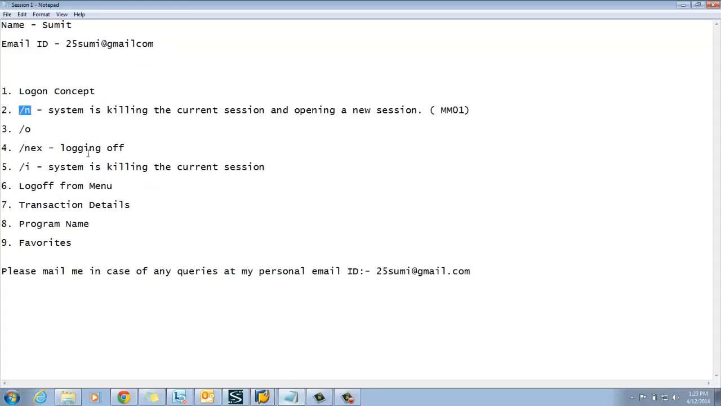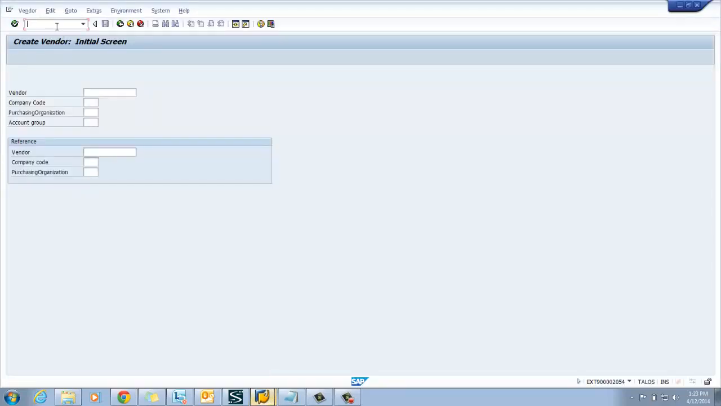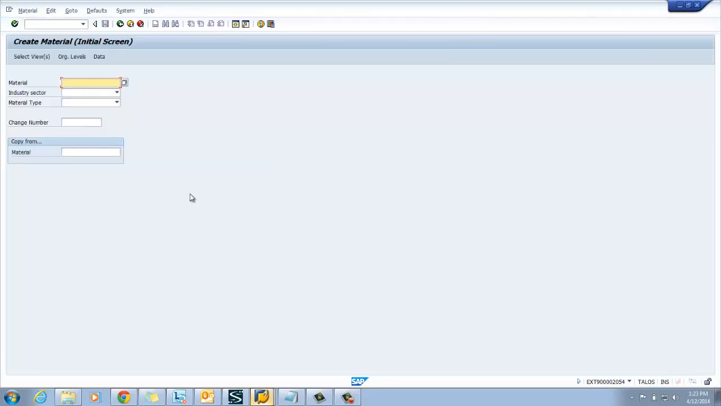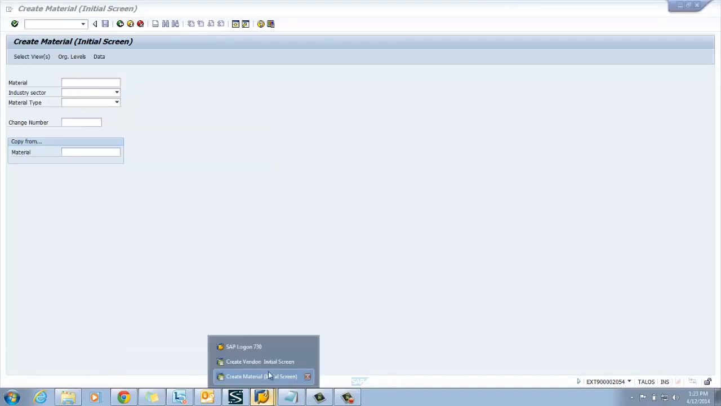Now we are going to explain the concept of /o. In /o, what is the system going to do? Suppose we are on the create vendor screen right now. We are entering /o and another transaction, MM01. What is the system going to do at this moment? The system is opening a new session